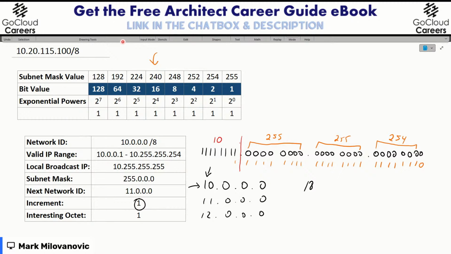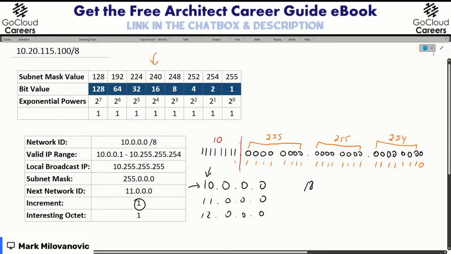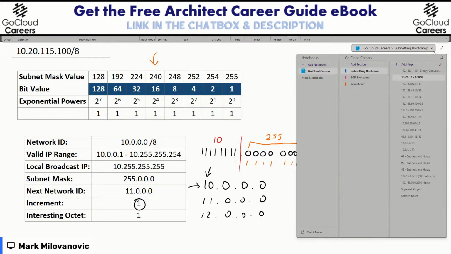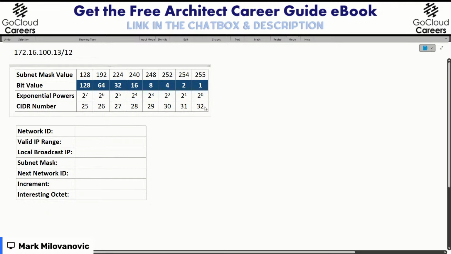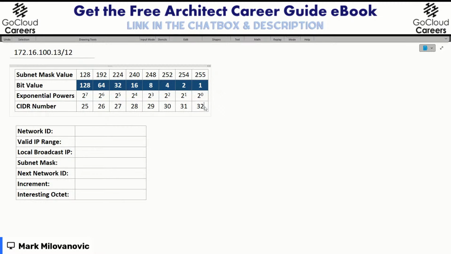Okay? So if everybody feels comfortable with this, I'm going to get into second gear, and we're going to look at an address that many people at times find very confusing. And that is because it does not break at what we would consider the actual boundary line. So meaning it's not going to be even 255s or so forth. So we're going to break this one apart as well. So we're going to look at the following now. We're going to look at 172.16.100.113. But it has a /12.